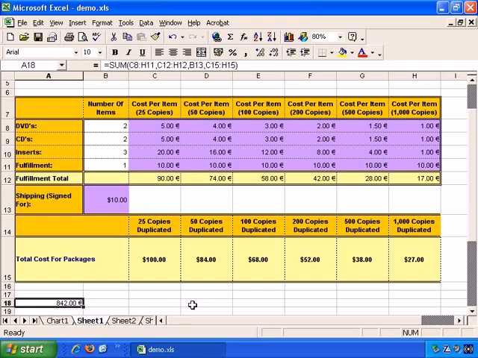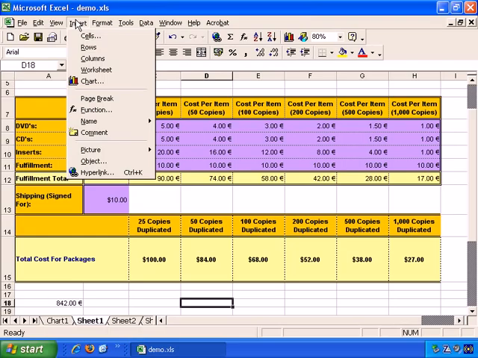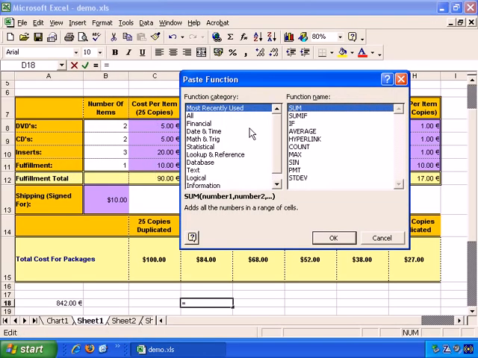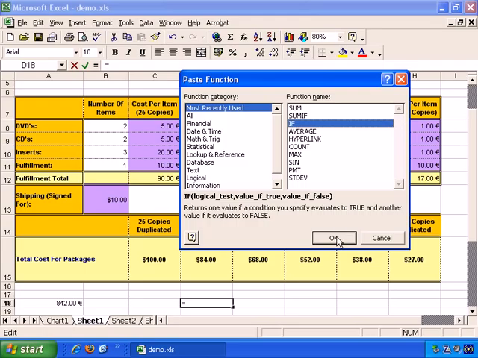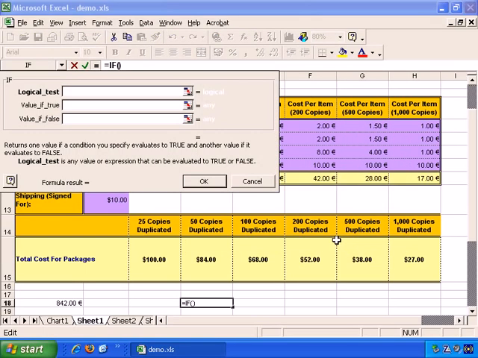And you may find the function wizard in Excel also useful just for becoming familiar with the syntax for creating your own formulas. You may not always wish to use it, but doing Insert Function, and if we go with IF this time, for example, it also gives you a broad overview of what that function actually does. It doesn't actually tell you that in the most helpful way. Some of the language is cryptic, but it can be useful if you just play around with it so you become familiar with different types of functions. And then you can just add the syntax by hand from then on